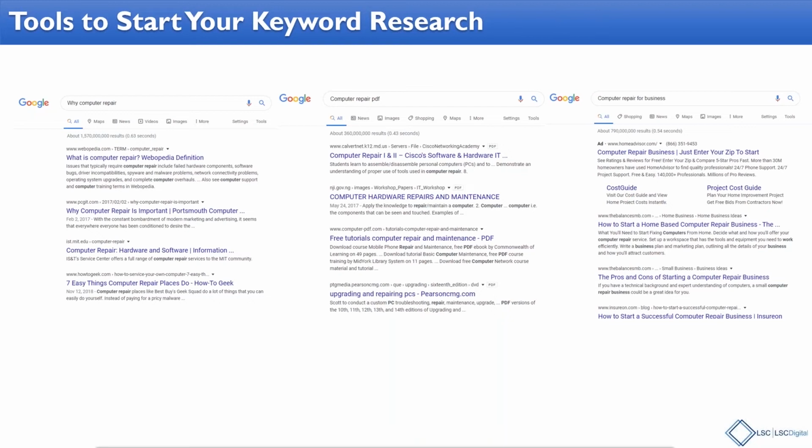Okay, so I've gone through this process and I think I have 4 terms that are highly relevant, that aren't too competitive, but that's great. But now what we really need to look at is, are people actually searching for these terms? A lot of times if a term's not competitive, it's because nobody's searching for it. It's great ranking number 1, but if nobody's searching for that term, it really doesn't matter at the end of the day. So that's really the next step: what's the interest out there for these terms.